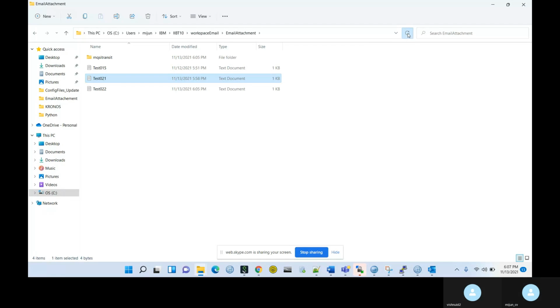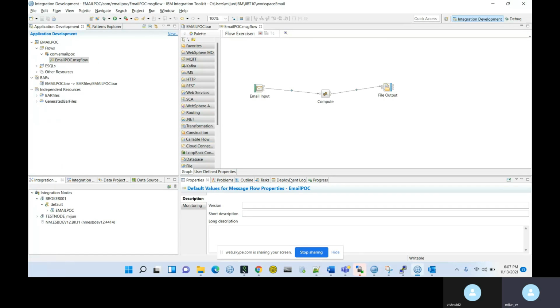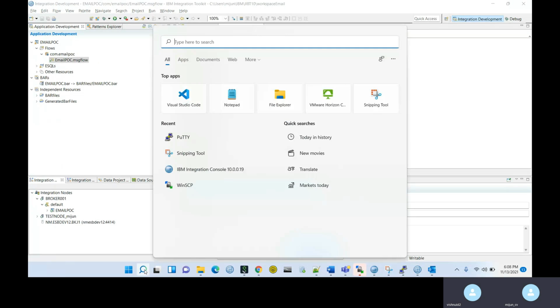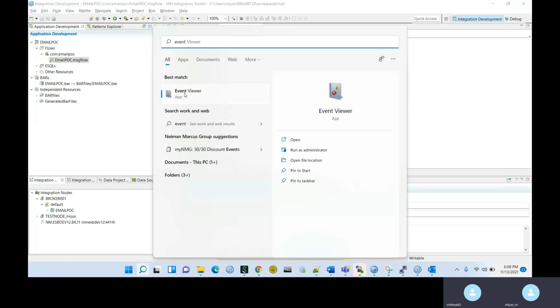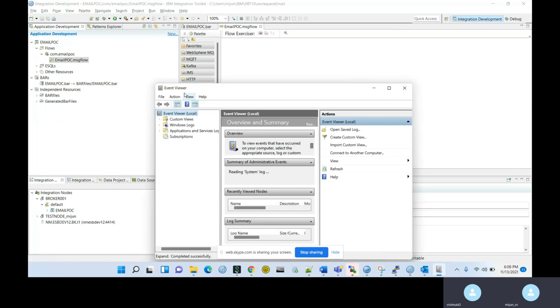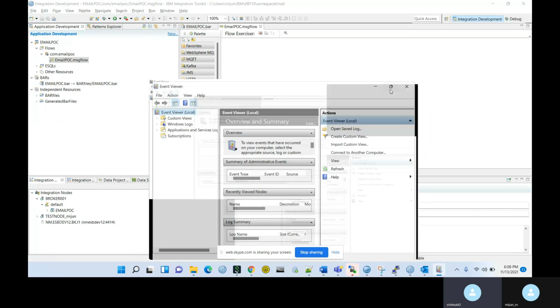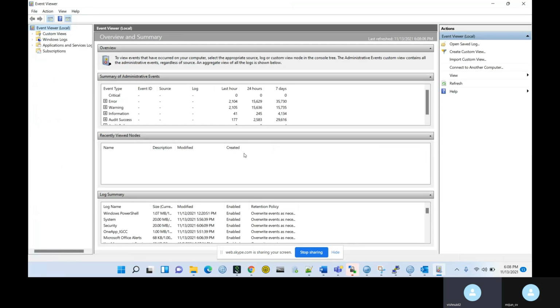Open Event Viewer. Go to Windows and type Event Viewer. Yeah, that one. And look at the logs for the Windows application named IBM Integration Bus. Click on Custom Views.